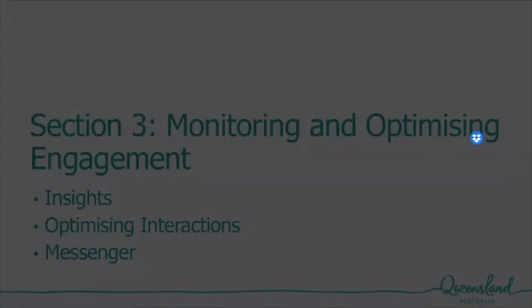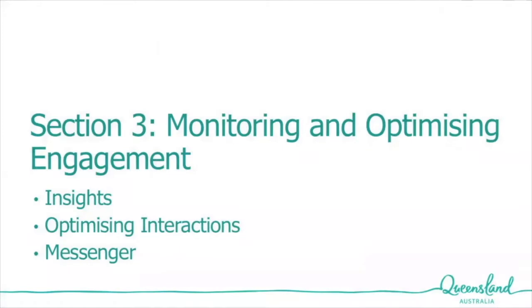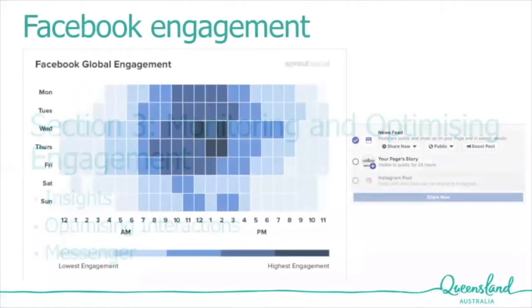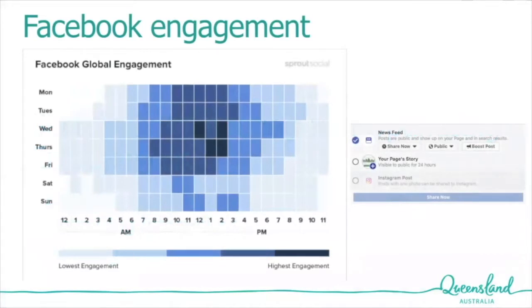Okay, let's move on to section 3, monitoring and optimizing engagement. So optimizing engagement can come down to time, can't it? When we have a look at insights, sometimes we see that similar posts but at different days and different times of day do better. So if one of your target markets is young mums who have kids at school, you'll often see that your best interaction is going to be before they pick the kids up from school. So around the middle of the day through to about 2:30 or so,